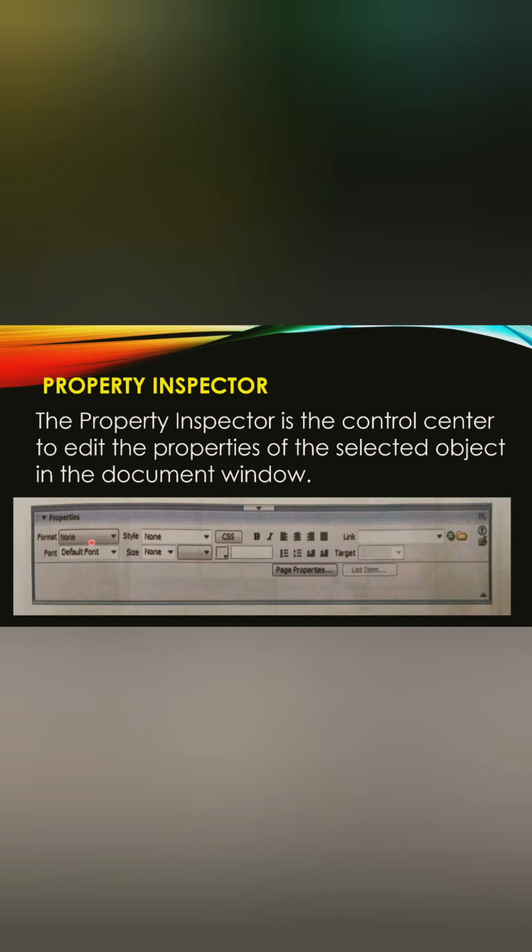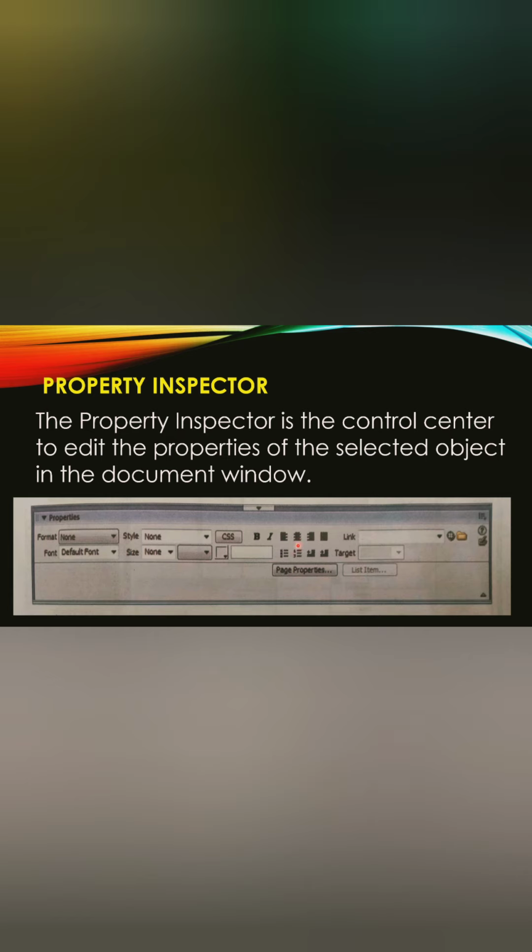If you want to choose any format for your text, then you can use the format option. Style, font, size. Okay. Then if you want to make your text bold, you can use this B. I stands for italics. If you want to make your text italics, then you can use this. This is for alignment. If you want to align your text to the left, then you can use this one.